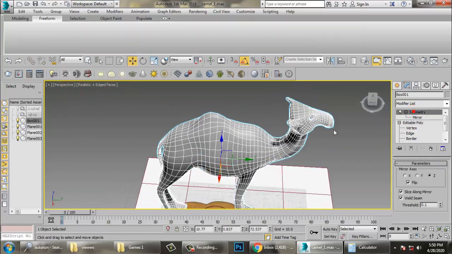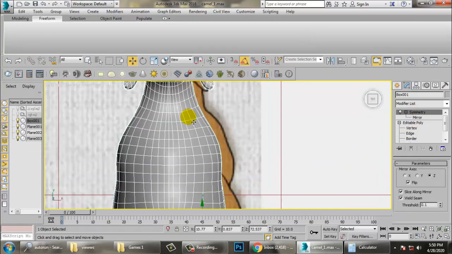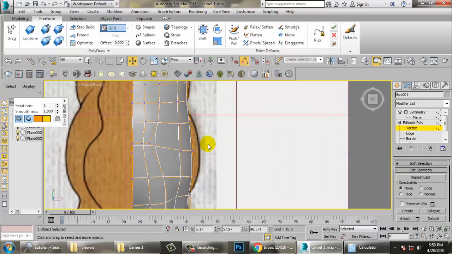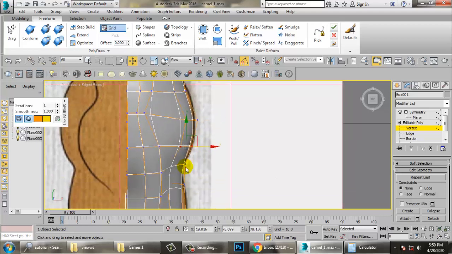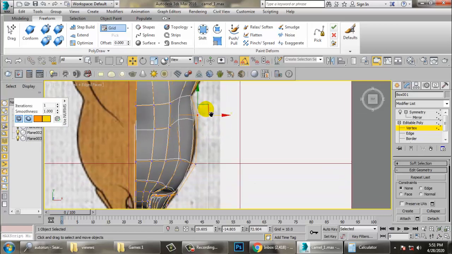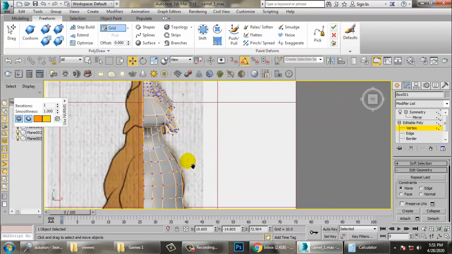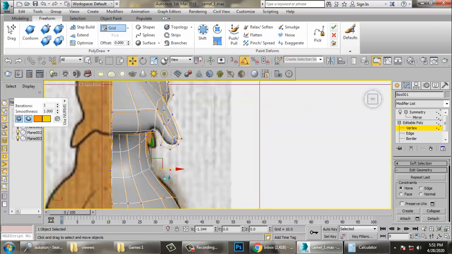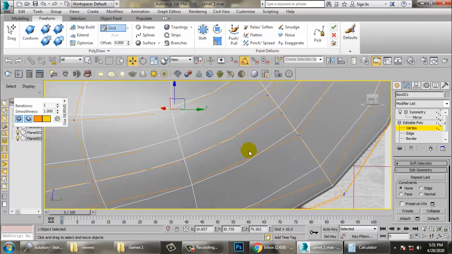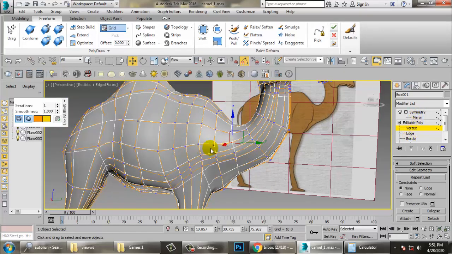So let's again go back to the top view and you can still check this out. We can just push this a bit out, push this inside, push this outside, and definitely this part a bit more inside. So need to adjust it accordingly.